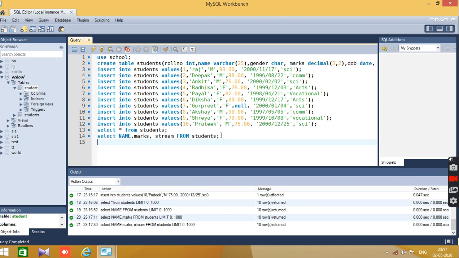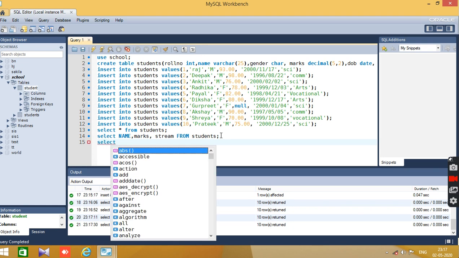Now we are going to learn a new keyword, that is distinct. Sometimes it happens we maybe in columns, in rows we have same values, but I don't want to see the